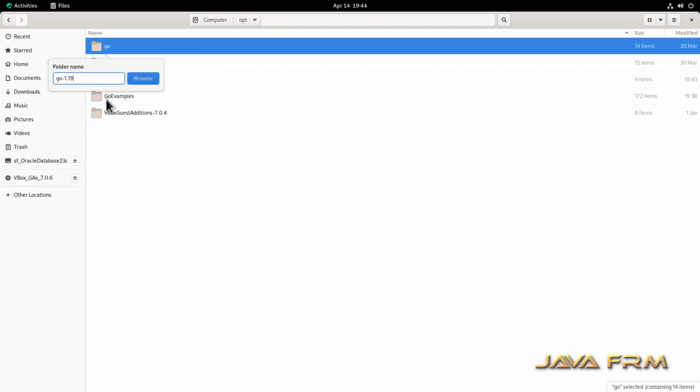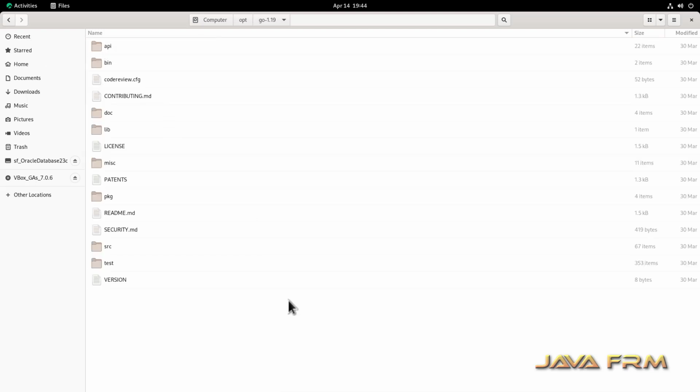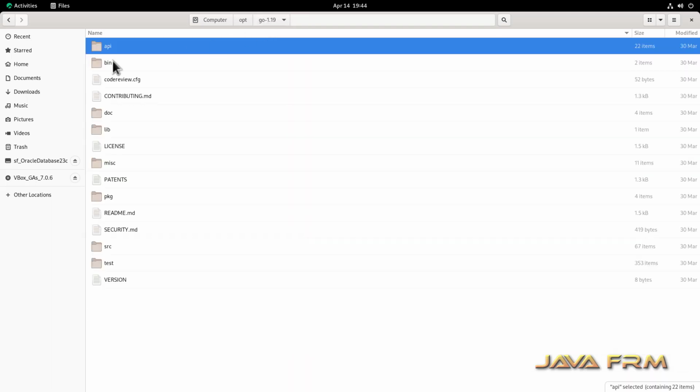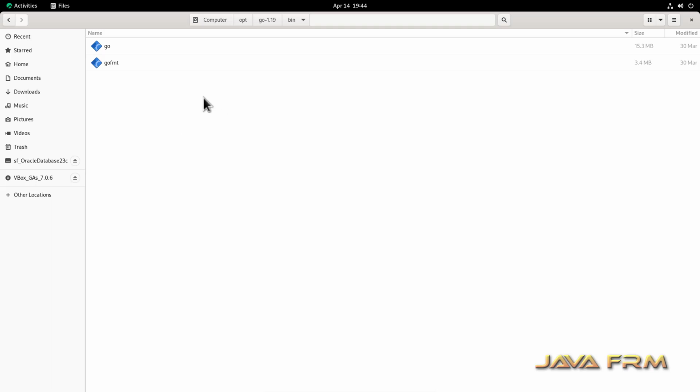So you can note down Go 1.20 is already available there. So you can install multiple versions of Go in the same machine. So this is the directory structure of Go 1.19. So the Go bin directory contains